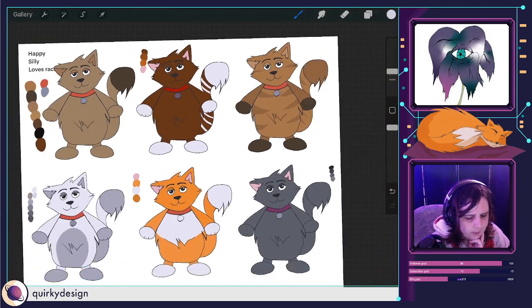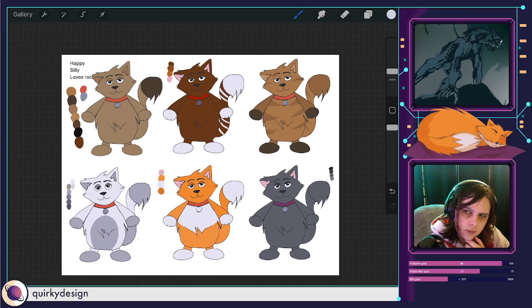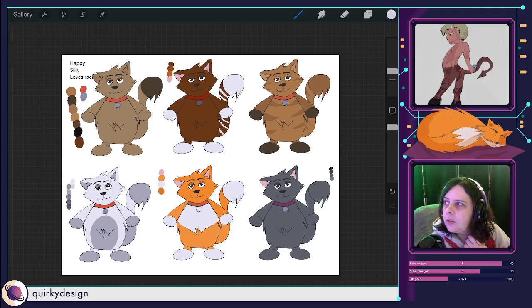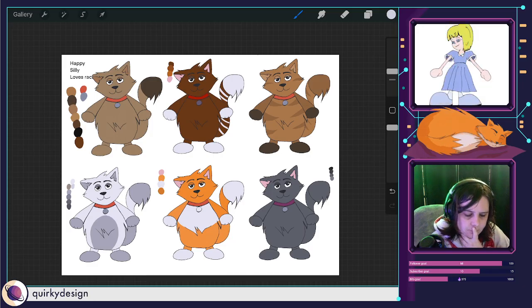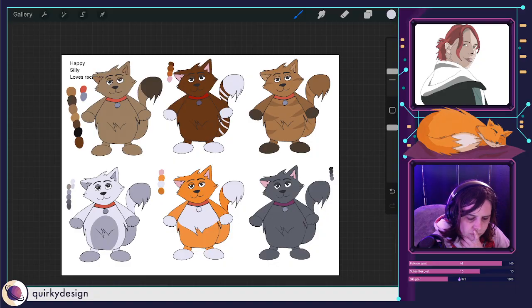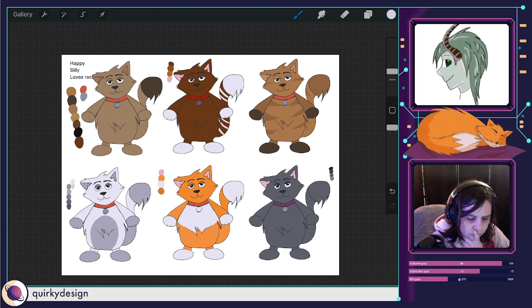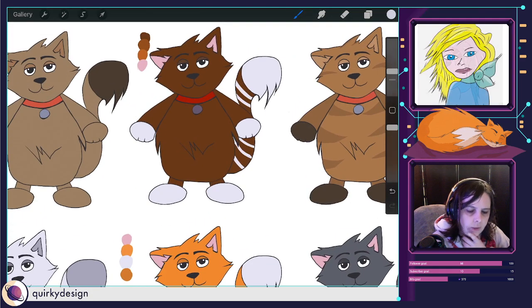Maybe instead of worrying about it being that colour, maybe it could just be one colour. Because the brown doesn't look too bad. Let's see, just trying to think. I think the stripes need to go.